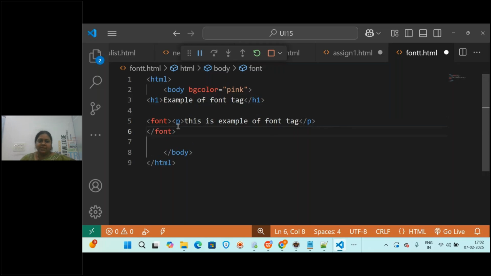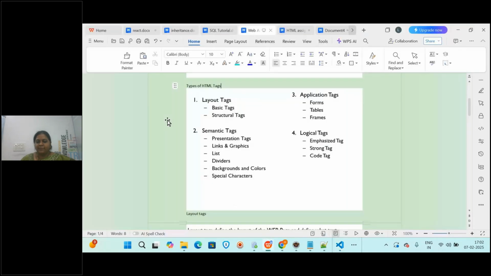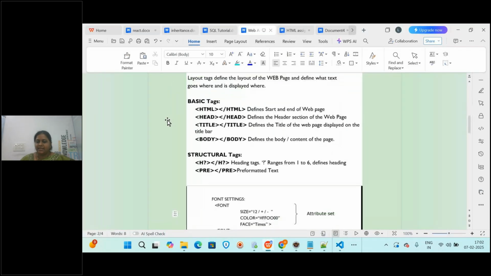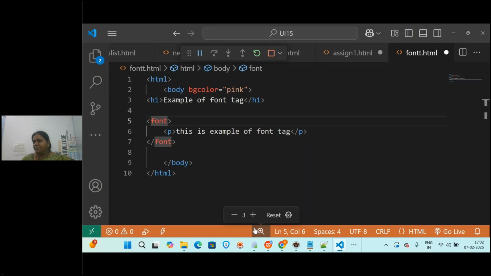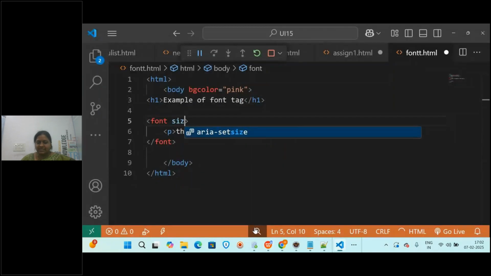And in the font tag, what are the attributes we can use? The attributes are size, color, and then font face. Font face means Arial, Times New Roman, Calibri, like that. So here we provide the font size, how much you want to specify, like 20 pixels.